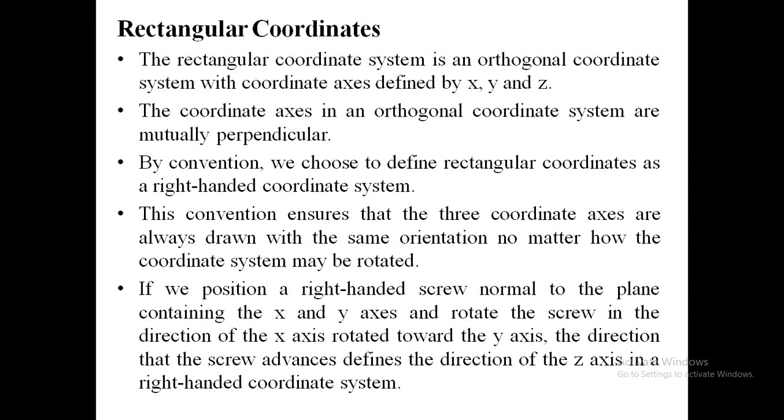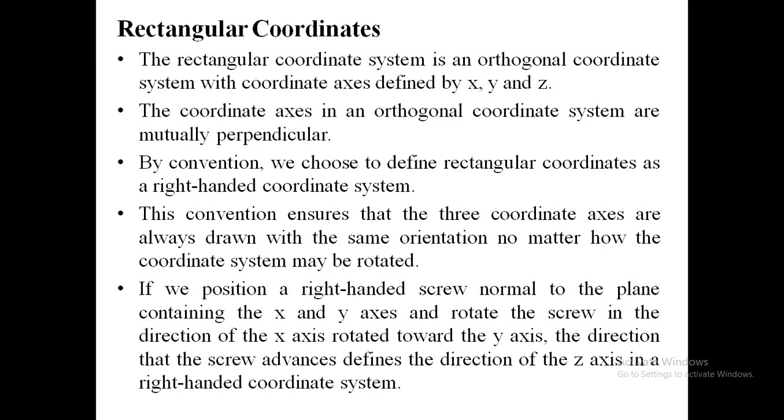Rectangular coordinates. The rectangular coordinate system is an orthogonal coordinate system with coordinate axes defined by x, y, and z. The coordinate axes in an orthogonal coordinate system are mutually perpendicular. By convention, we chose to define rectangular coordinates as a right-handed coordinate system. This convention ensures that the three coordinate axes are always drawn with the same orientation, no matter how the coordinate